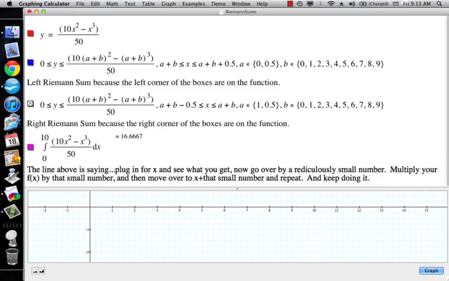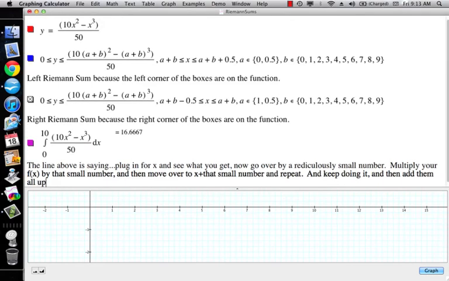So basically what it's saying is, start at 0, plug 0 into this and see what you get. Now move over some really, really incredibly small number, dx, for a computer, some really, really, really small number,